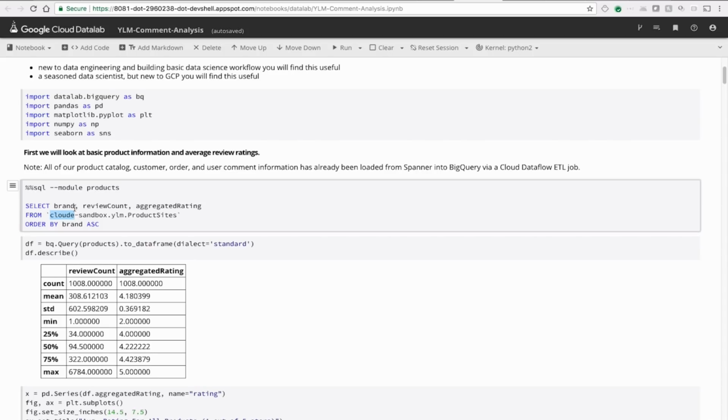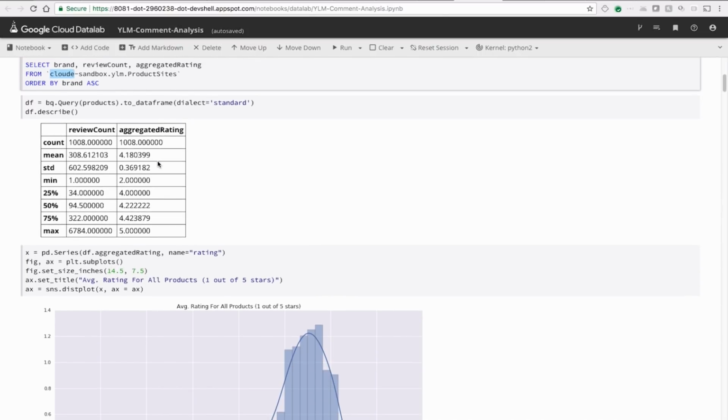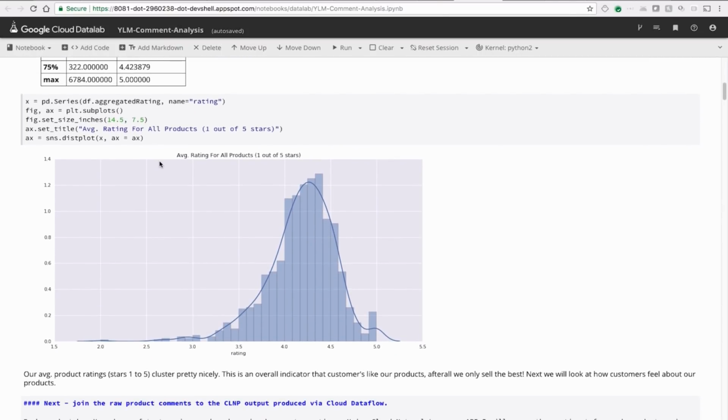So here I write a simple query, and I'm going to pump the results from that query into a Pandas data frame. This is the space where I feel comfortable. I'm inside of Pandas data frames, and I can go ahead and do my traditional kind of data analysis, data science workflow. So this query shows me the overall star ratings for my products. And You Look Marvelous is a